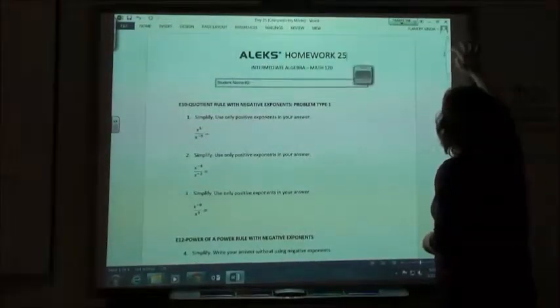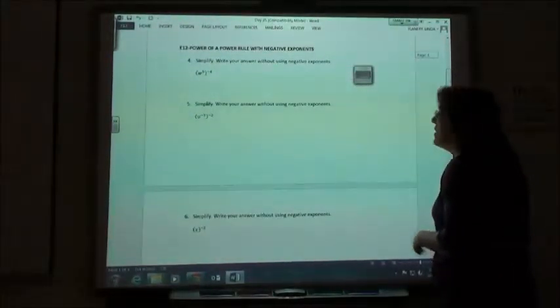The next rule is another one that we had before with only positive exponents, and now they're throwing in